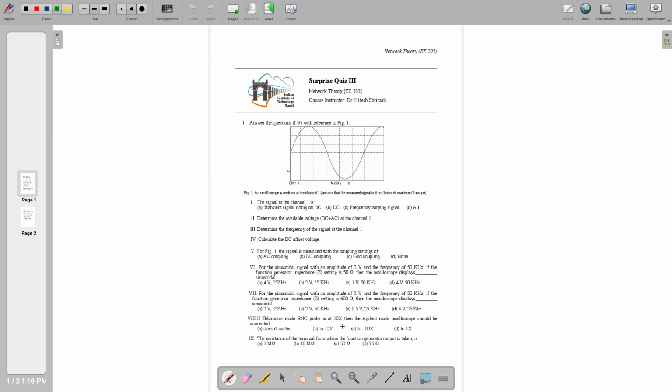10x. No, that Question number 6. 2 volt 50 kilohertz. Okay, 50 ohm. We already did this in the lab. So if it is 50 ohm, it's half, right? Half voltage. So it goes something like this. You want to see 2 volt 50 kilohertz, or any frequency, you are going to see 1 volt 50 kilohertz. The frequency won't change. This is inside the function generator. If you are choosing 50 ohm,